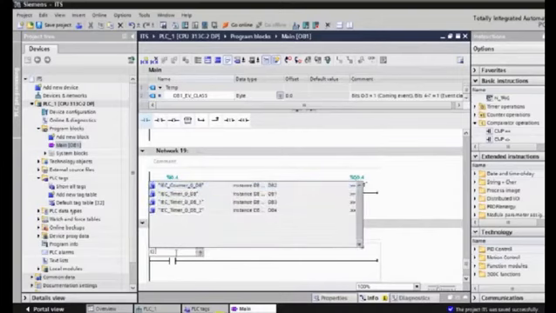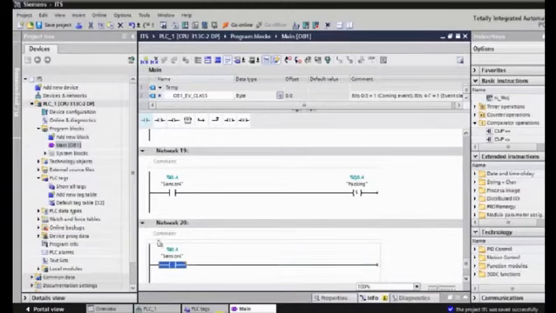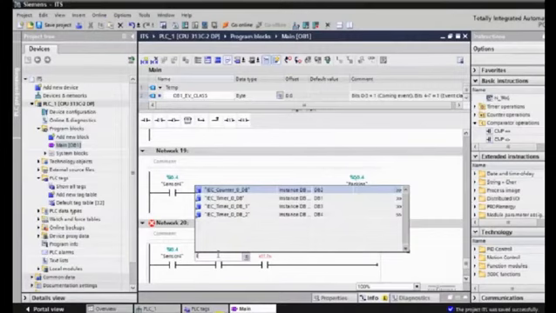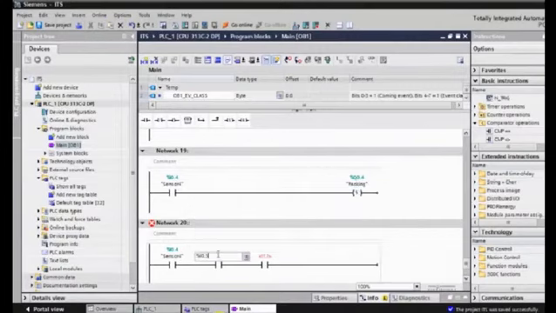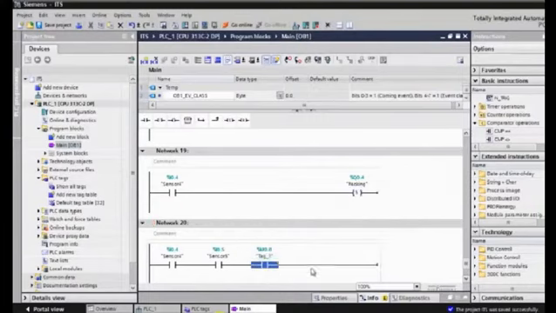Input 0.4, at input 0.5, and we should be at start position. So we are going to use reset to the mat